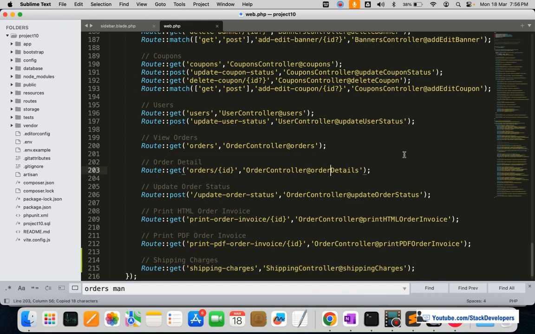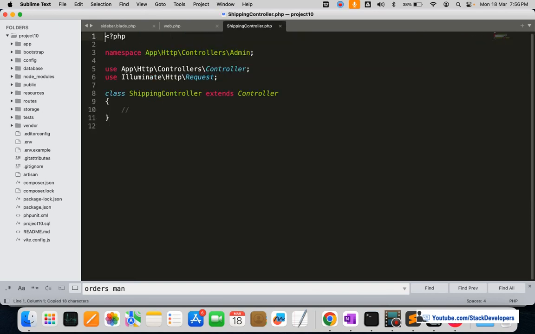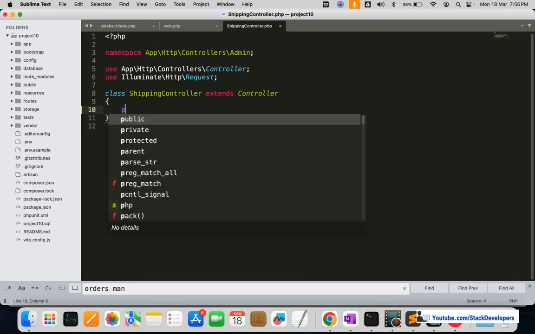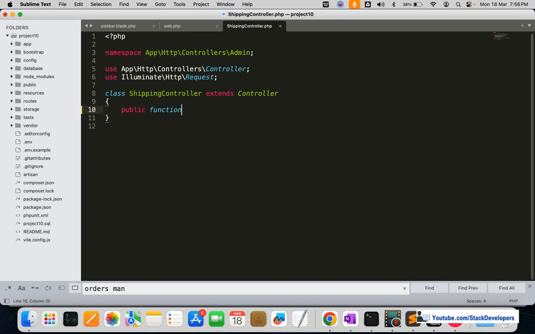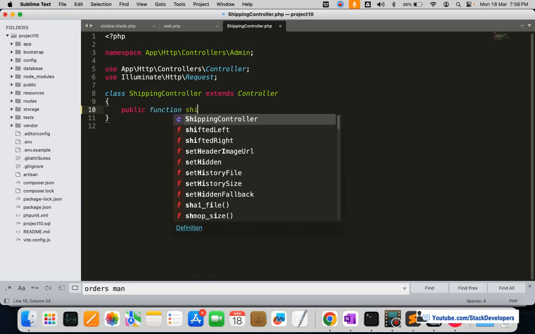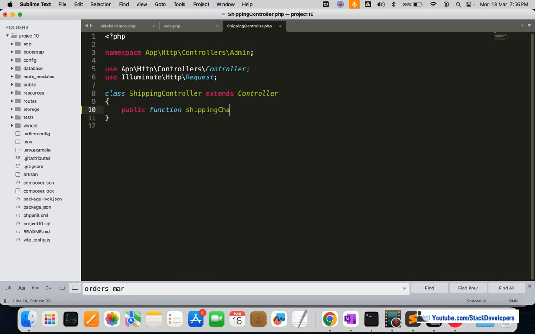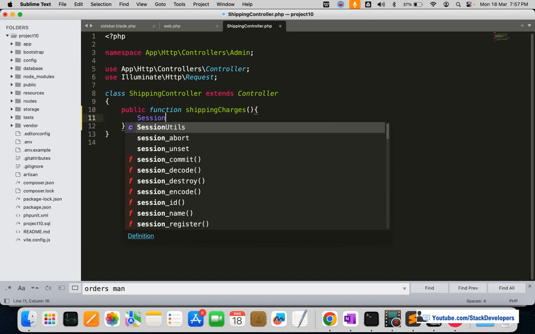We're going to open the shipping controller now. Here we are going to add the shipping charges function. Going to create the shipping charges function here. Okay, public function shippingCharges here. So we are going to first of all start the session